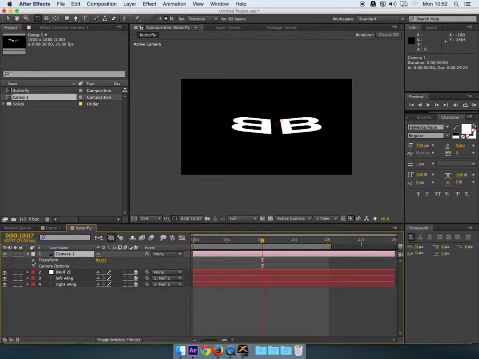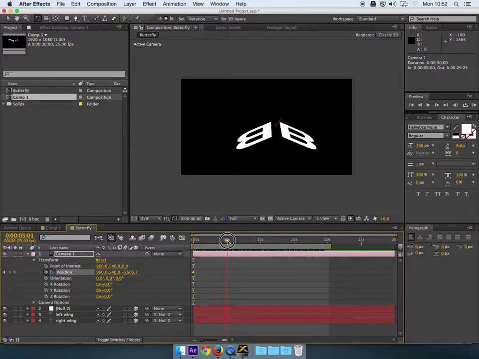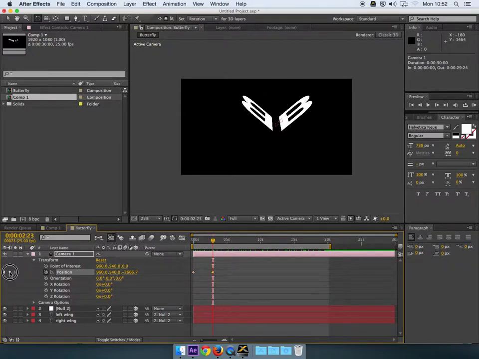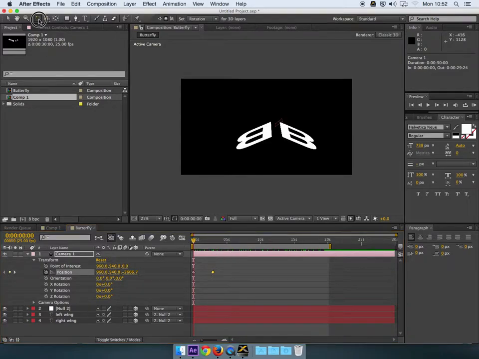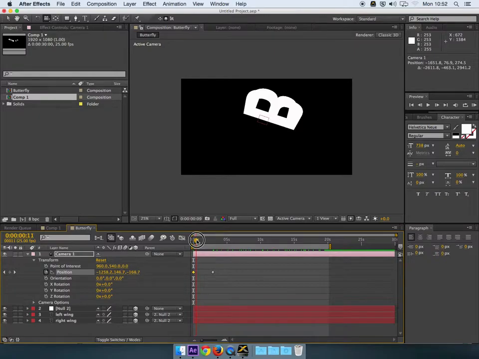So I'm going to open up the camera's transform properties, and in this case I'm going to keyframe the position, and actually I'll keyframe it out here at about 2 or 3 seconds. Now I'll go back to the first one, and I'm going to get one of my camera tools. I'm going to get the unified camera tool, and I'm going to rotate or move the camera around to that point,